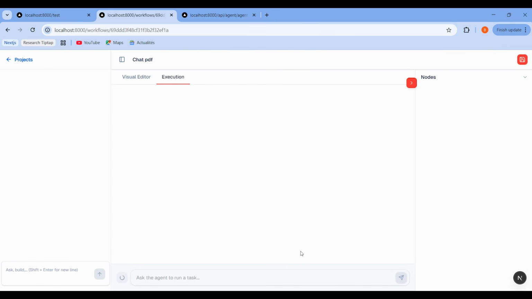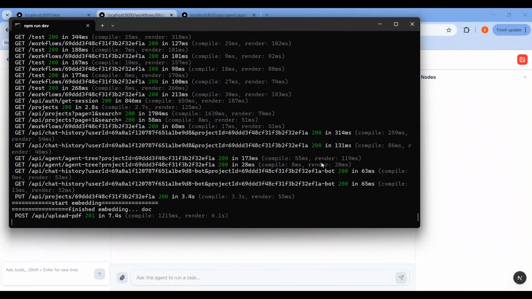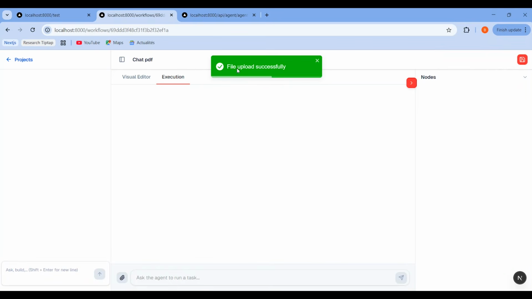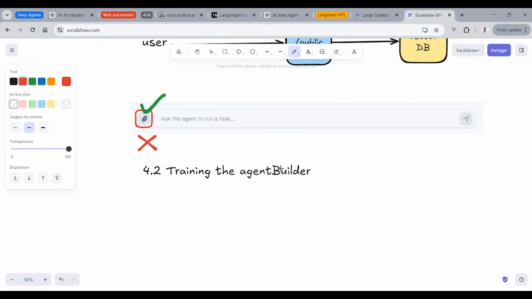Okay, you're gonna see we're gonna upload it. If I head in here, let me scroll to the bottom. Yeah, you can see we uploaded it. File uploaded successfully. Now what we're gonna do next, we're gonna train the agent builder to build us a ChatPDF